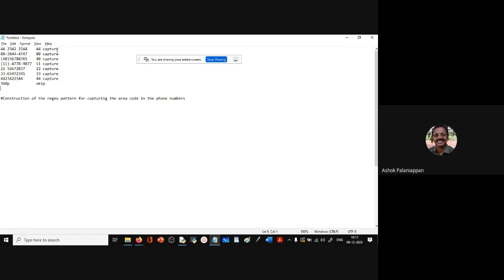Only then it is a useful regular expression. It should skip what must be skipped. It should capture what must be captured. Both the objectives must be met. Only then it is a suitable regular expression. All right. So now the challenge is open. Let's see who can come up with the regular expression for this. So what do you think is a good regular expression for this?